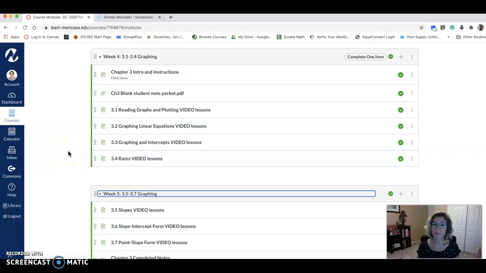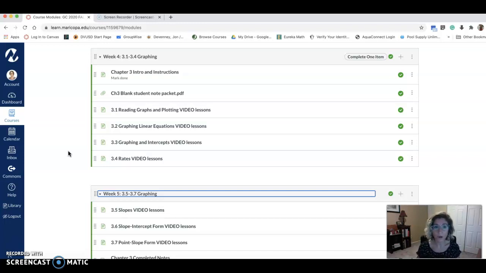All right, we're into chapter 3 now, and chapter 3 is all about graphing. You might notice that I've actually split up chapter 3 into 2 different weeks. In the first week, we're going to cover sections 3.1 through 3.4. We're going to start off kind of basic by being able to read graphs, line graphs, bar graphs, and even